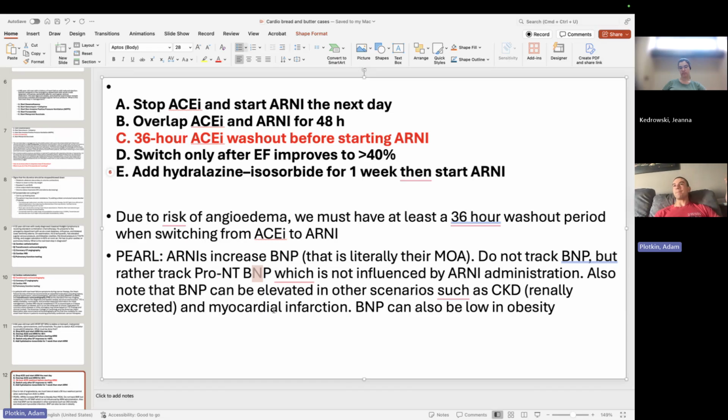We can have elevated BNP, just like troponins, for reasons other than an acute exacerbation of heart failure, troponins being acute coronary syndrome. Big ones to consider are a patient with CKD, since we can't renally excrete this BNP. On the flip side, BNP can also be lowered in obesity. You could have a patient who's morbidly obese in an acute heart failure exacerbation, but their pro-NT BNP is within normal limits, because obesity in itself lowers the BNP level. Does that make sense? Yeah. All things to consider.